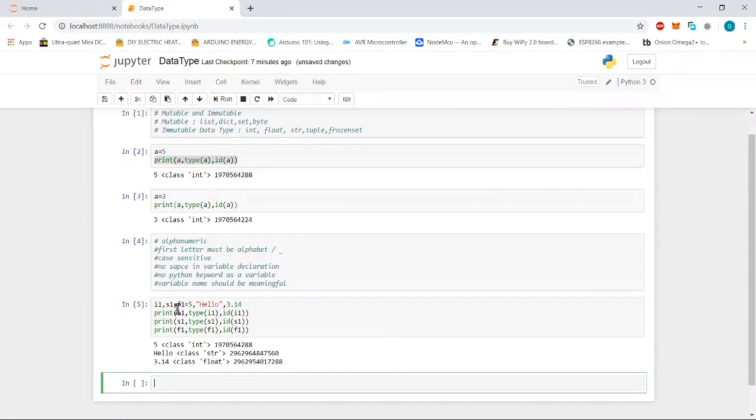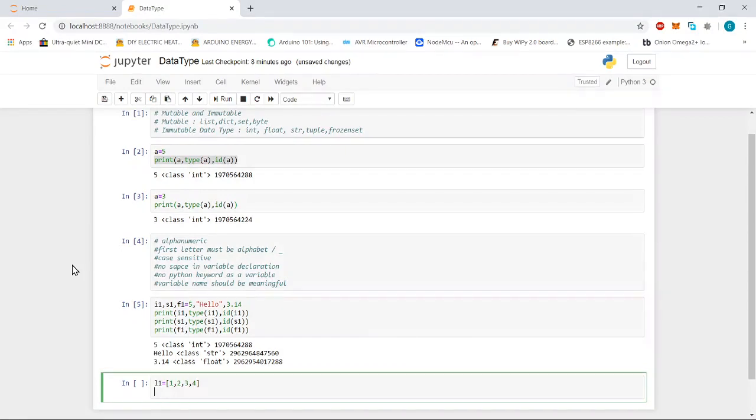Here we have taken one example of an immutable data type, that is integer. Now let's have an example of a mutable data type, which means one we can alter. For example, L1, a list. We create a list using square brackets. Please make sure that whenever you create a list, you use square brackets. So 1, 2, 3, 4.